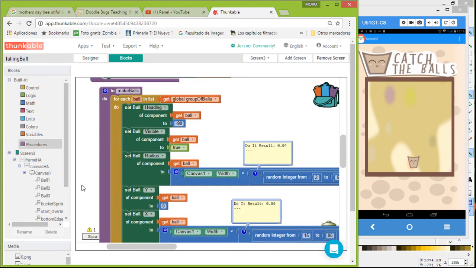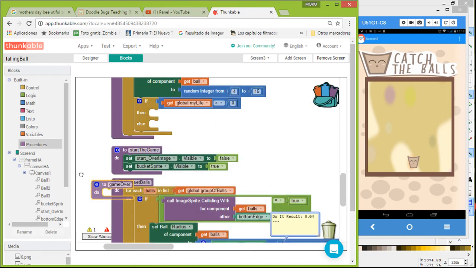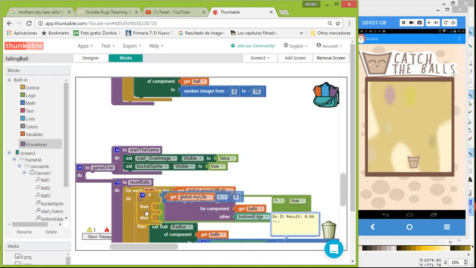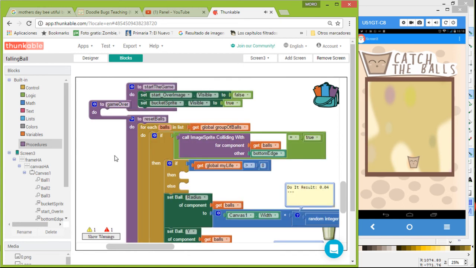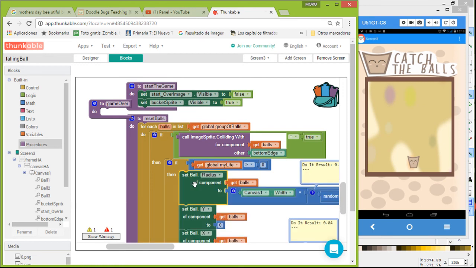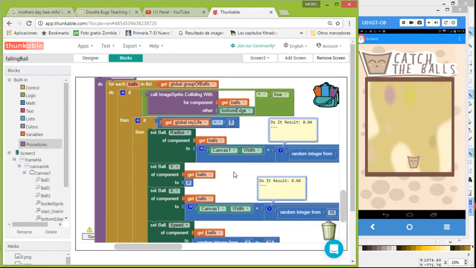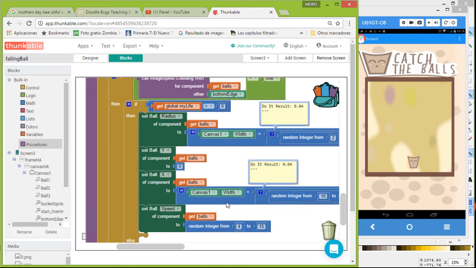So we are going to move the other one that I told you, and this goes in the collision section. So right now here in the reset balls. So again, if we have lives, if lives are bigger than 0, we can do everything, so resize and create more balls. Else,